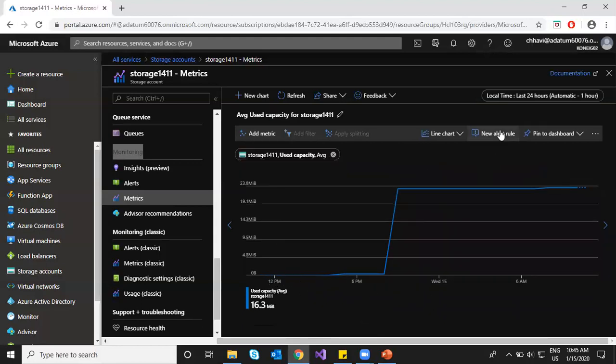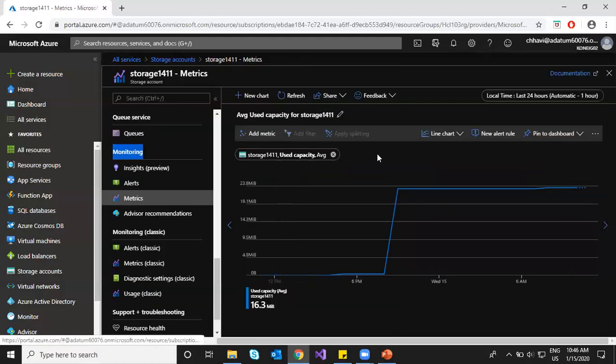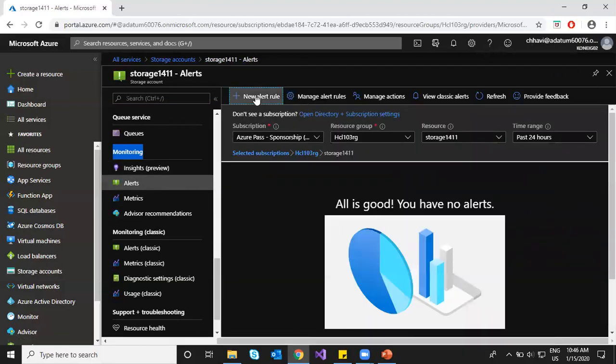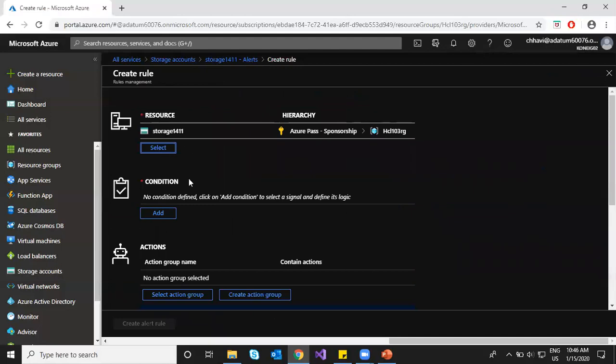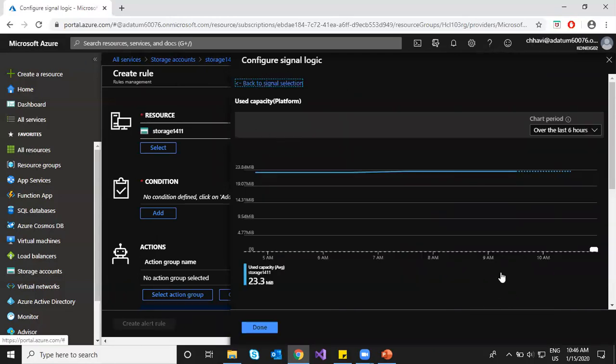So I can create an alert rule here. It's not selecting the target for me. Come to alerts. We can create an alert rule here also for the storage account, that when the used capacity of